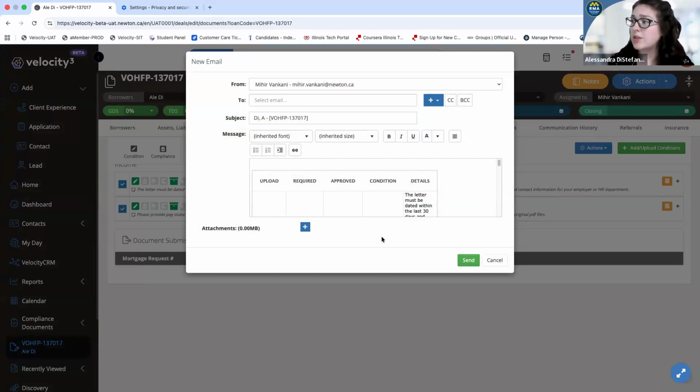So as clients respond to you and you respond back to them, even from your email, whatever you're using, Gmail, Outlook, whatever the case may be, if you're BCCing the tag email, a copy of this email will be kept in your communication history. Why is that important? If you have anybody who is helping you on your file, like team members, or an assistant, or unfortunately, we actually just recently had this happen at RMA